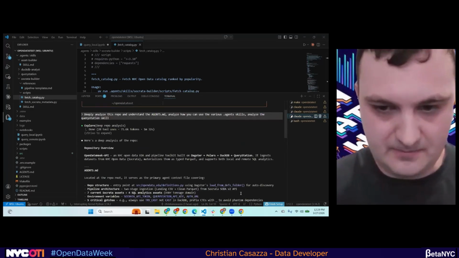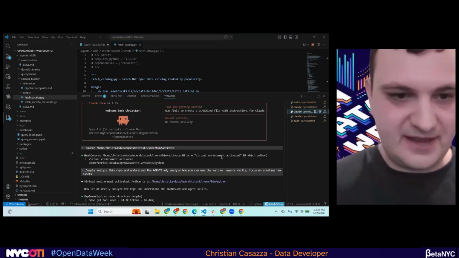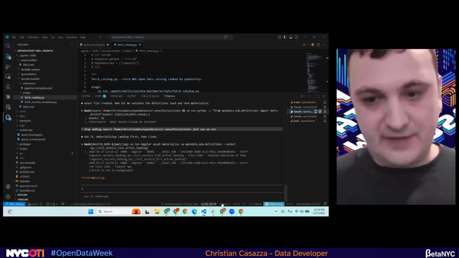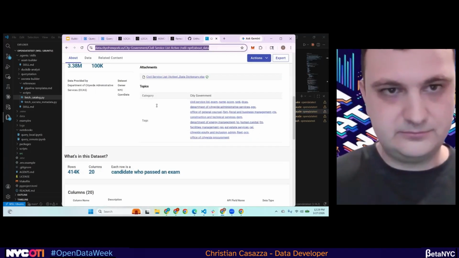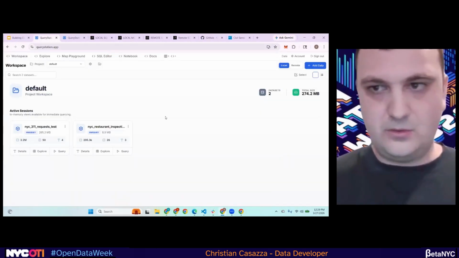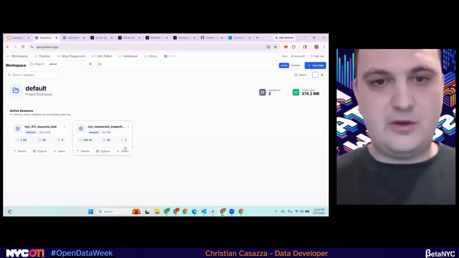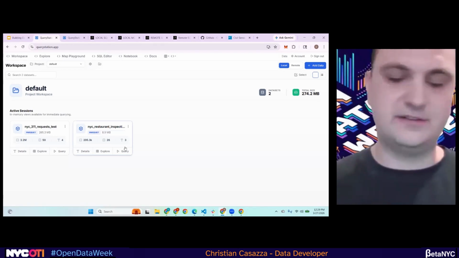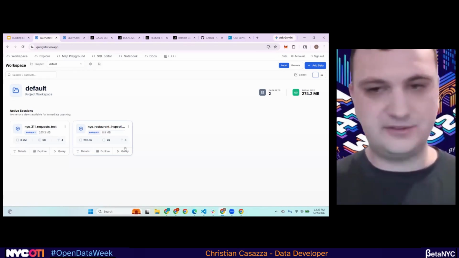So then what does that? Cool. So let's come back to that in a few minutes and see how that went. Now let's go over to Query Station over here. Cool. So that's showing you how you can use code to create your own data and ingest it yourself to be able to analyze it. We'll go back to there in a second.